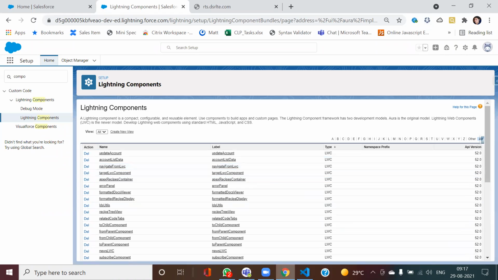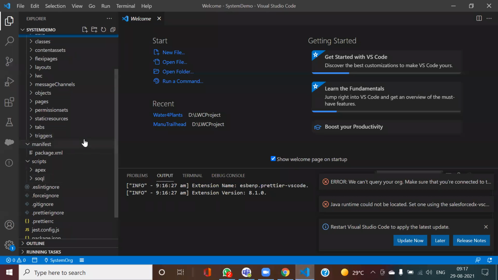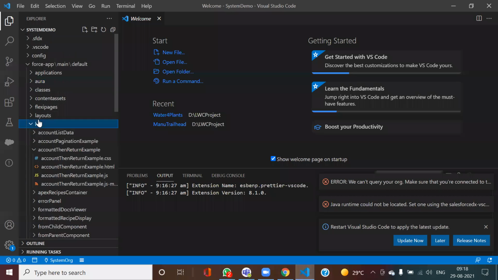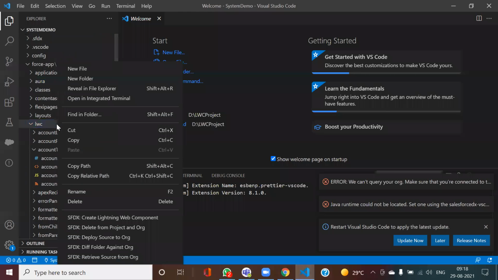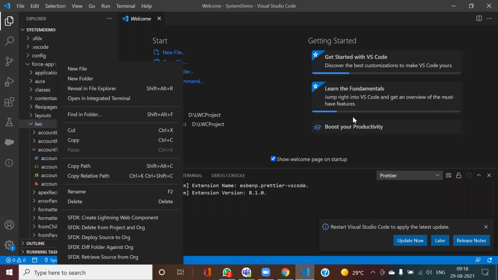And now let us see one example, how it's created and what libraries it uses. One more thing to be noted here is that you cannot create Lightning Web Components from the developer console. In case I need to create an LWC, I need to go into VS Code. That's why, when I started my first Apex class session, I said that in LWC you won't be able to create without VS Code.